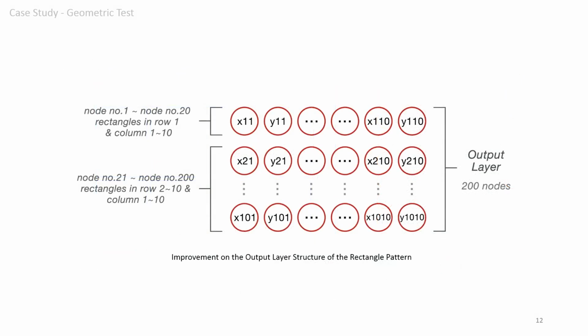We designed a specific data structure for this case. We regarded the maximum number of rectangles to be 10 times 10. Thus, the output layer with 200 neurons was constructed in the network, in order to represent a maximum of 100 center points. Other than assigning the coordinates of the existing points to the neurons, the values of the rest of the neurons will be -1 to indicate the invalid points.